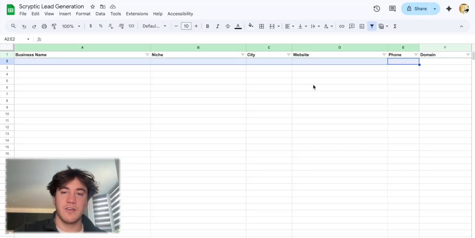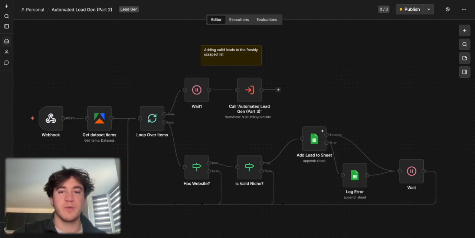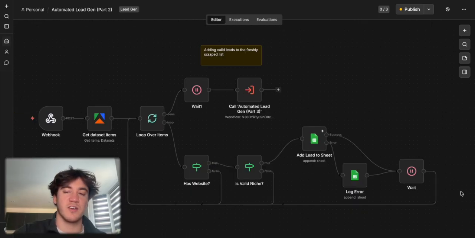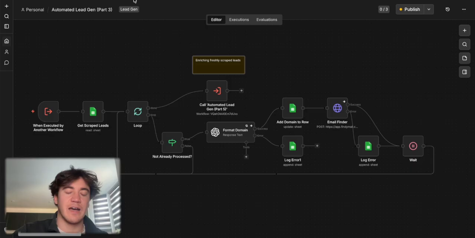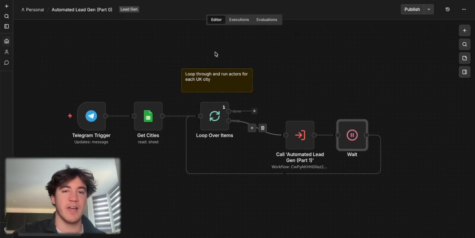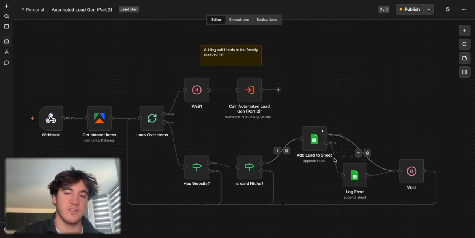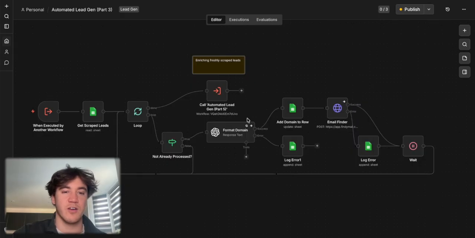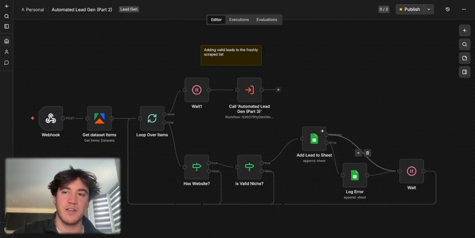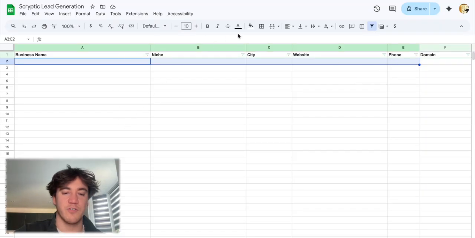So this is looping around and listing all of the leads from Apify. And then we need to enrich them. So this then calls this. Once all of the leads have been generated for a single actor, and just to go back, we've got a massive wait here, 5-6 minutes, so that there aren't multiple actors running and generating leads at once, to minimize the chances of getting a Google Sheets API error, because I was getting those quite a lot at the start. So once all of the leads have been generated and put in the freshly scraped list,